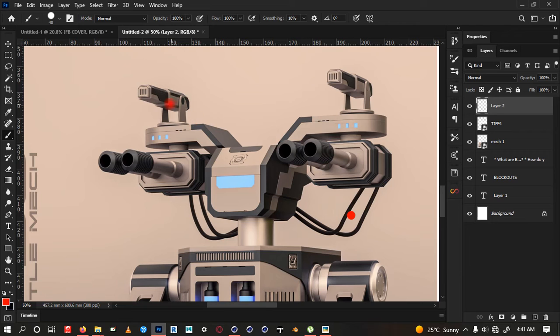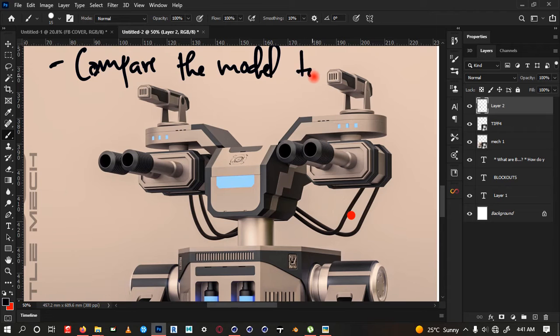You can see that there's so many parts here. So the first thing that you can do when you are trying to establish the blockouts, let me change this to black. Yeah, the first thing that you can do is compare the model or parts of the model to the primitive shapes that you have in your